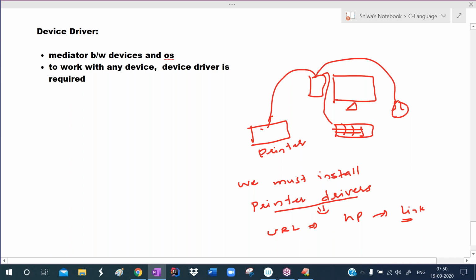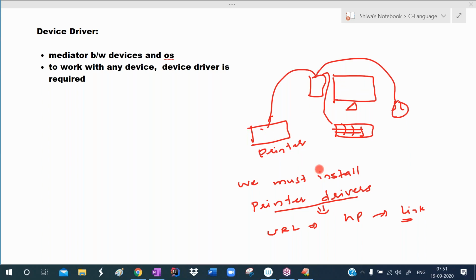So we have to install those printer drivers. Now I'm installing the printer drivers. After installing the printer drivers, can we take the printouts? Yes, now we can. So the point to understand is that to communicate with the printer, we use one software. What is that? Printer driver software. If these printer drivers are not there, even if you have a printer, no use. The printer cannot communicate with the operating system.